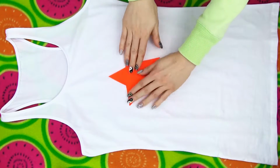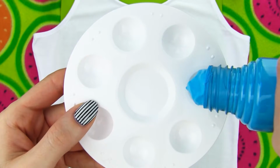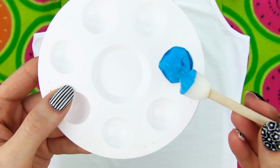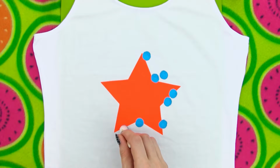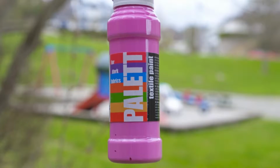Time for the exciting part, fabric paint. I decided to go for 2 colors, a blue and pink. Start off with the blue one. Dip a rounded sponge applicator in the fabric paint and start making big dots on the edge of the star. The purpose is to cover the edge almost completely and then make gradually fewer and fewer dots as you move